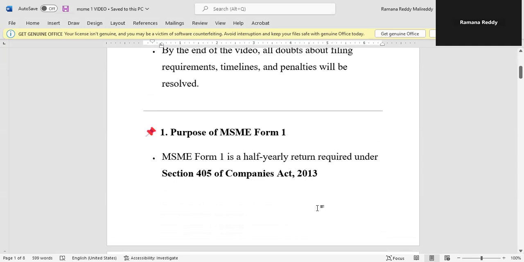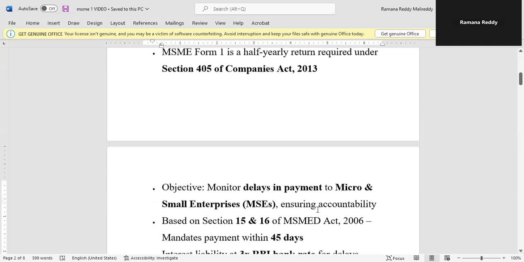The purpose of MSME Form 1 is a half-yearly return required under Section 405 of Companies Act 2013. The object is to monitor the delays in payment to micro and small enterprises, not medium, ensuring accountability.